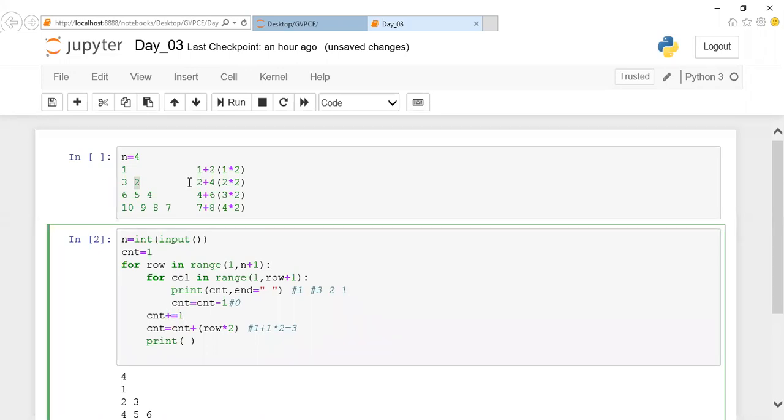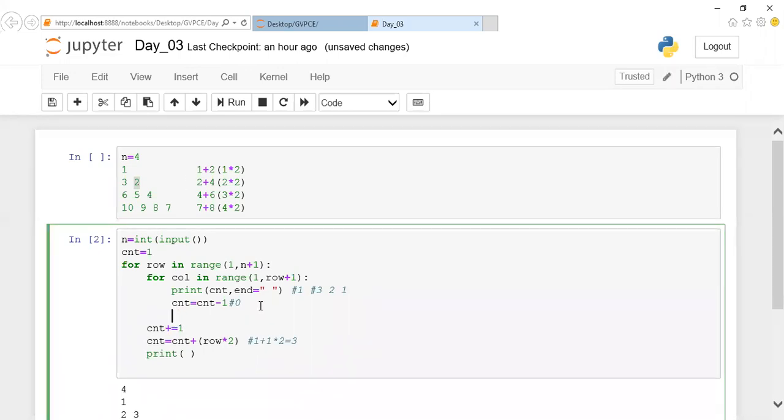The reason is one step extra minus will be done. After printing 1, this decrement happens, it will become as 0, but actually I don't want to add 2 along with 0. I want to add along with 1. So I have to increment it. So this decrement is required since after printing 3, the next value should be 2. After printing 6, the next value should be 5, 4. This process should be decremented. That is the reason for each and every printing of column I'm decrementing.